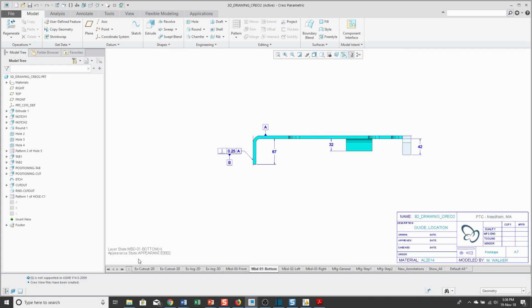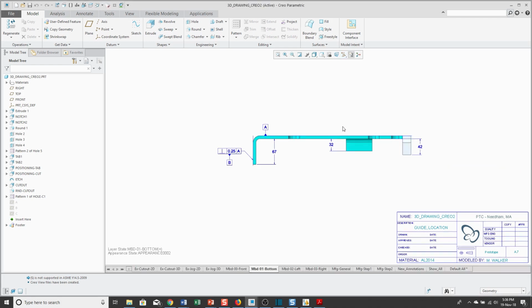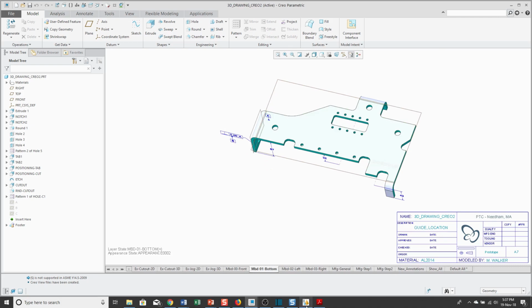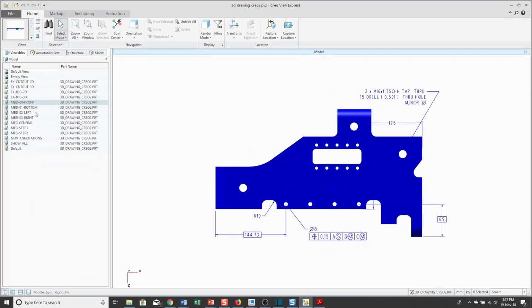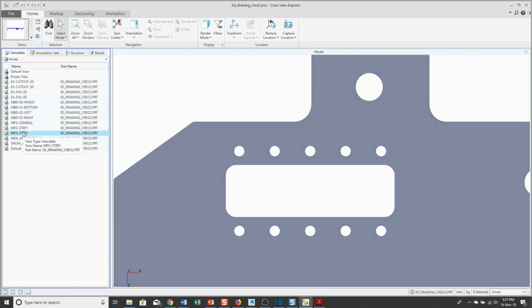So they use different appearance states, sometimes layer states, etc. If you have your combination states in the model from the View Manager, you can specify whether those are published for viewables. For example, this particular model I have published. If I go to Creo View, you can see that we have our different combination states available from the Viewables tab, and that way I can quickly and easily switch between them